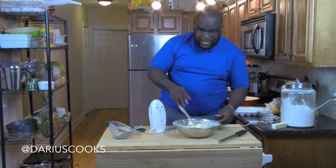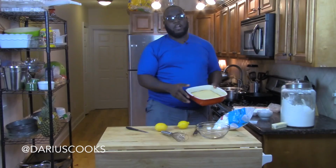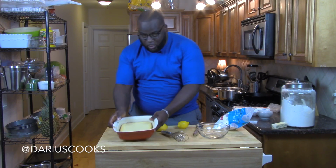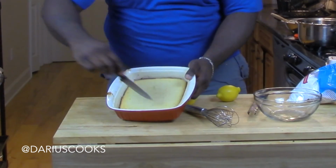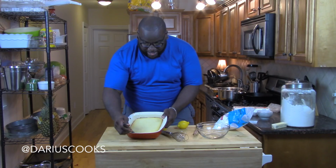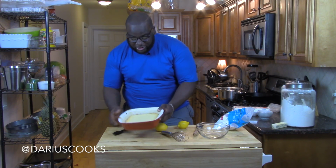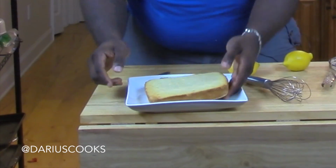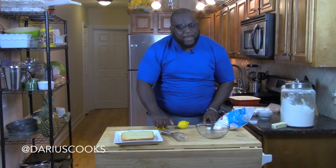Luckily, we ain't got to wait for all that because I got one done. So here's your finished product. It's cooled down slightly. It's still pretty warm, which is pretty good. Look at this. This looks great. This is exactly what we want to have. These are our lemon blondies, and this really comes right out of the dish. So we can, all right, here we go. I'm just gonna drop it on a plate just like that. Our lemon blondies, and this is good just like it is,